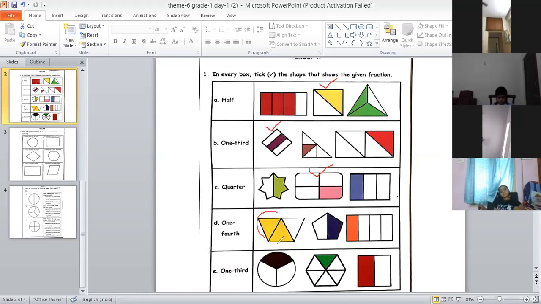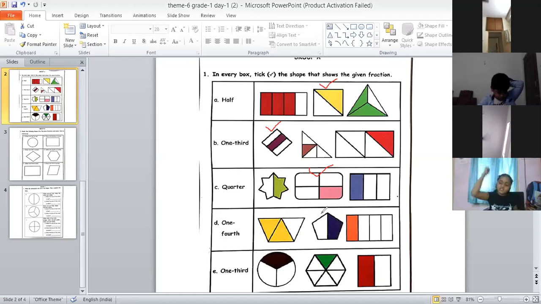Ashwath, two parts are shaded and how many are unshaded? Unshaded. Yes. So if we talk about the shaded part, it is representing 2/3. And if we talk about the unshaded part, it is representing 1/3. So the first option is not correct because this is divided into three parts.